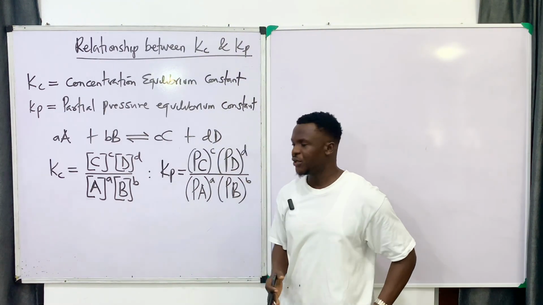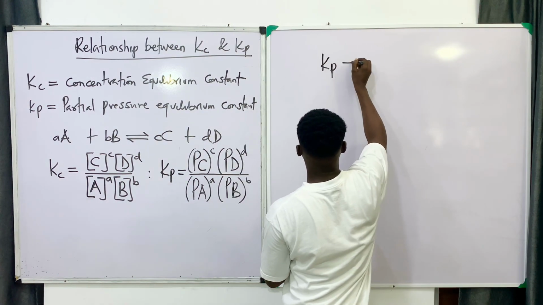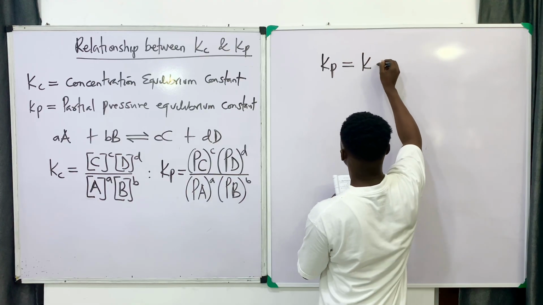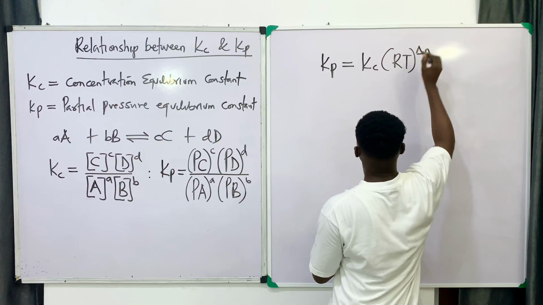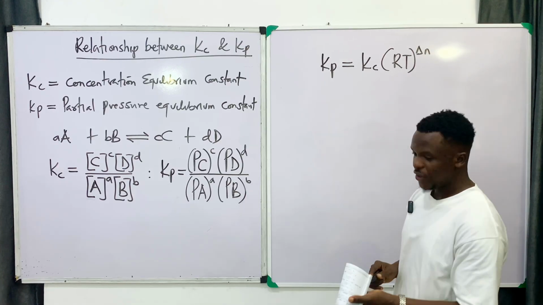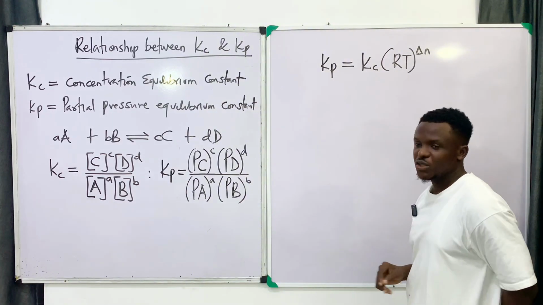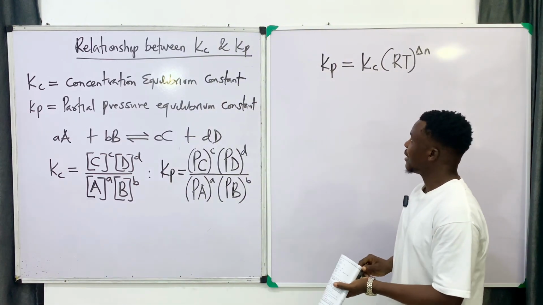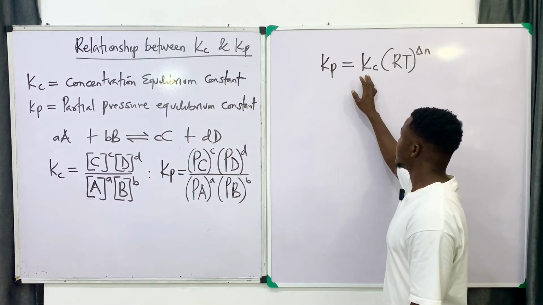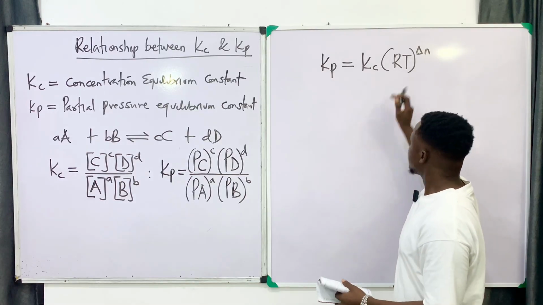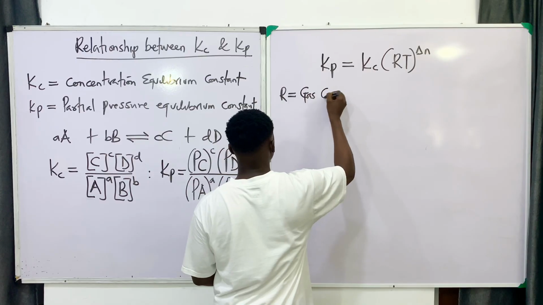Now, let's look at the relationship between the two of them. So the relationship between the two of them is Kp equals Kc (RT) to the power of delta n. Now this is a relationship between partial pressure equilibrium constant and concentration equilibrium constant. We already know that Kp is partial pressure equilibrium constant and Kc is concentration. Now what is this R? R here is the gas constant,